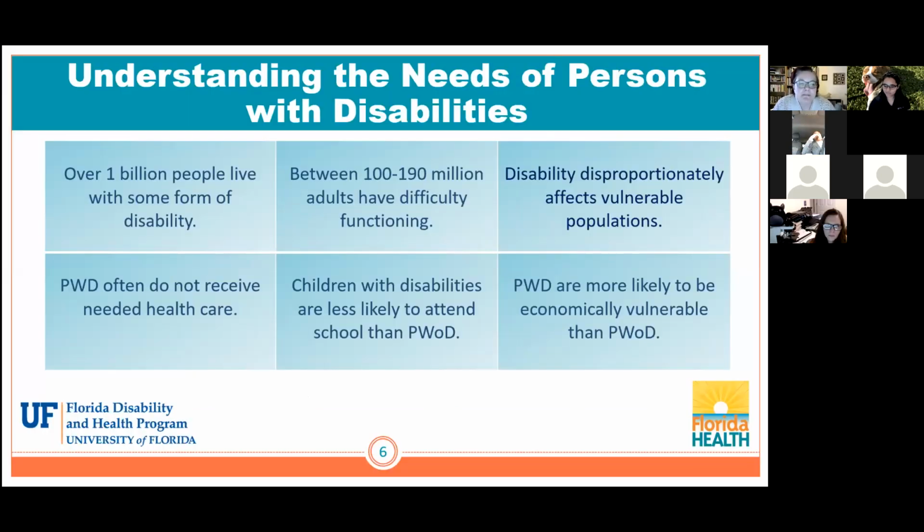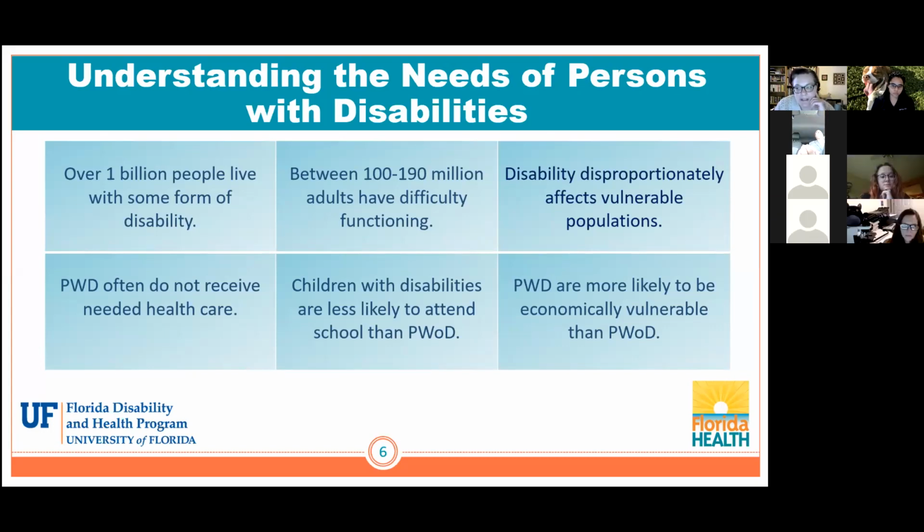Unfortunately, it's not just issues of economic status or being a part of a vulnerable population. We also know that people with disabilities often do not receive needed health care when we look at things on a global scale. Half of people with disabilities cannot afford health care, compared to about a third of people without disabilities. In addition, people with disabilities are about twice as likely to find healthcare provider skills inadequate to meeting their needs. They're also more than 4 times as likely to report being treated badly and nearly 3 times more likely to be denied needed healthcare.